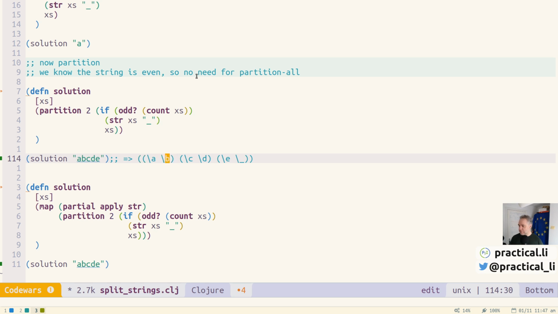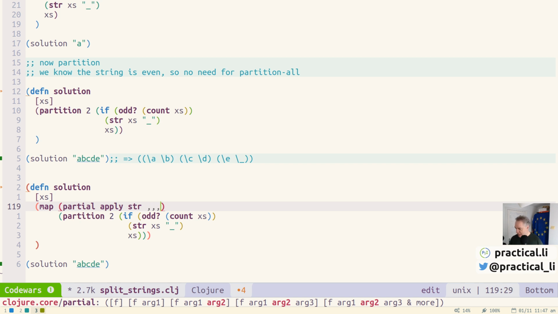That's what partial means: it says wait to evaluate apply string until you get the data that you're actually going to work on. Normally we'd need to put in the placeholder in here, but because we're using partial, it's telling apply string to wait for it to fetch all the data it needs to be able to run,